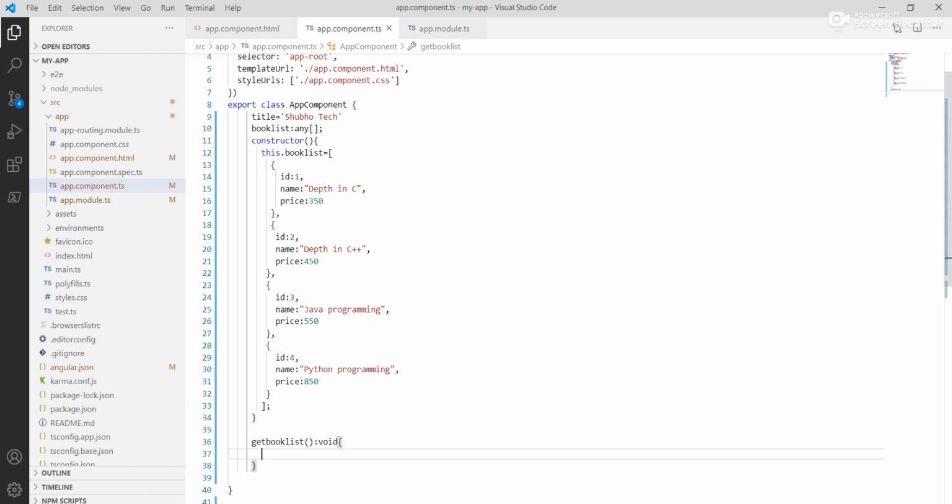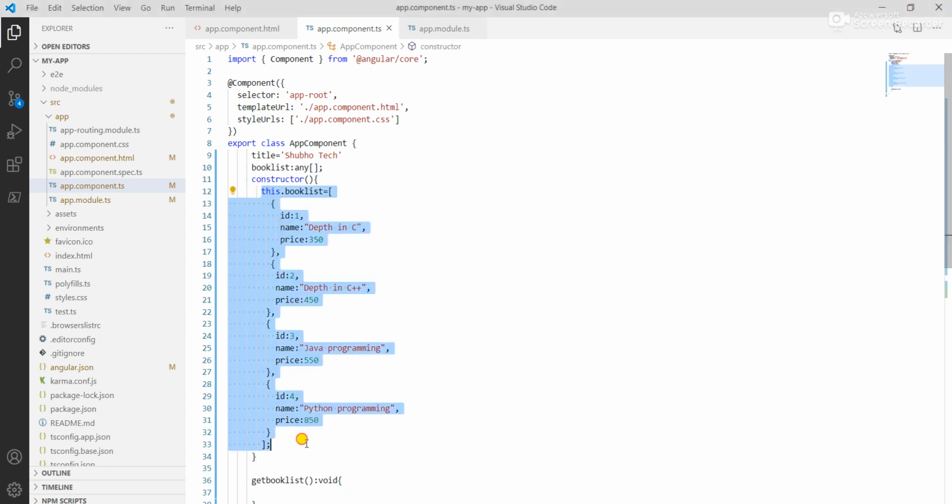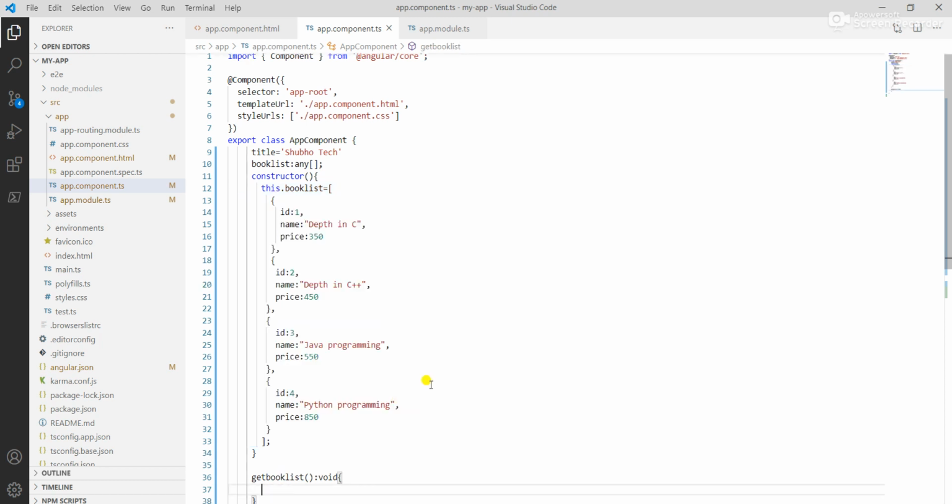Now in this function getBookList, I copy this JSON. We have to write this whole data again in this getBookList,